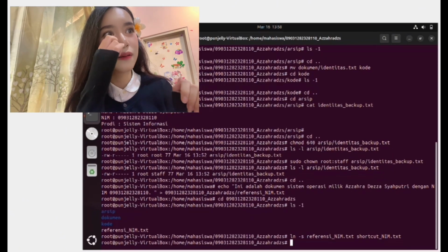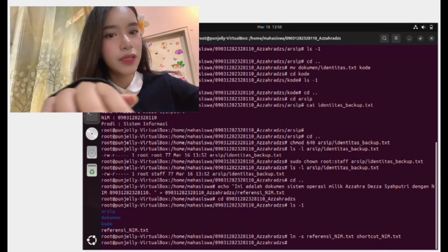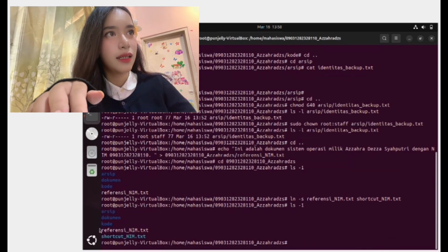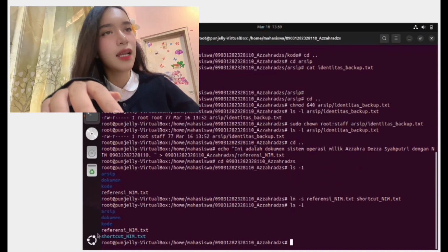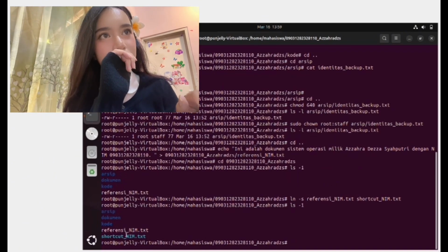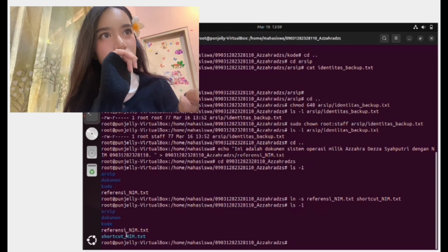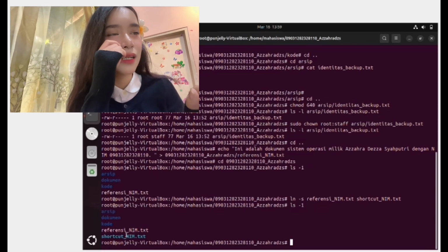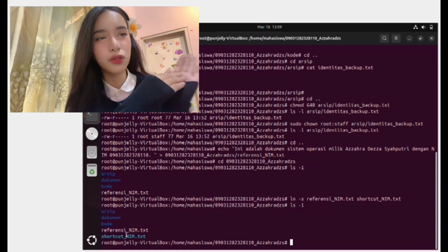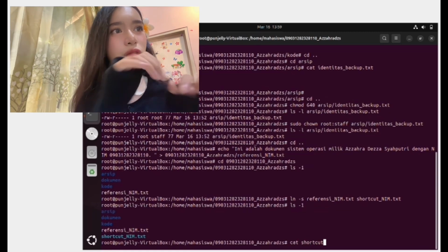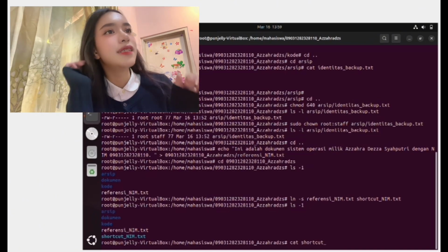Then I display it with ls -l again. As you can see, there are arsip, document, code, referencing_nim.txt, and the link appears in blue as shortcut_nim.txt.